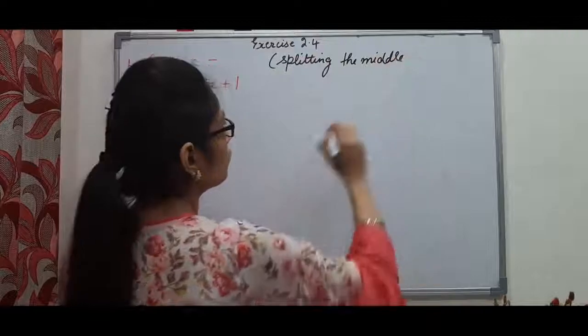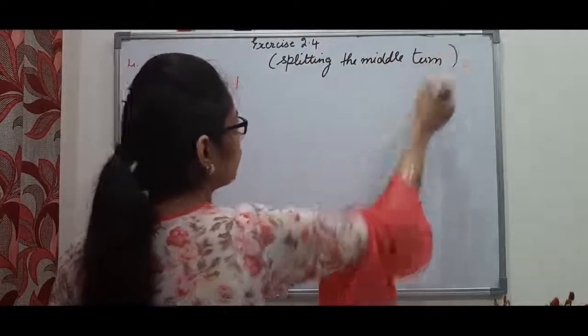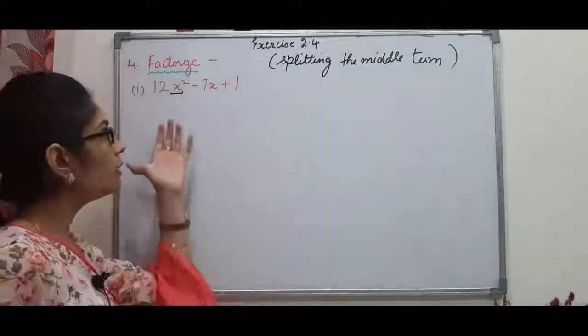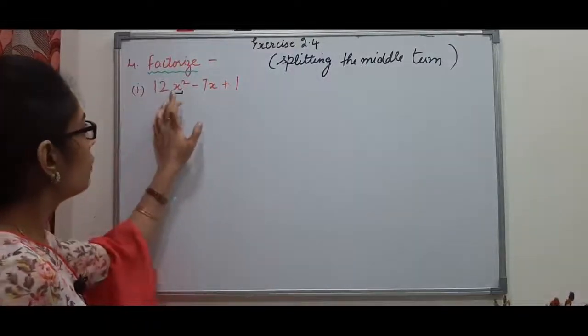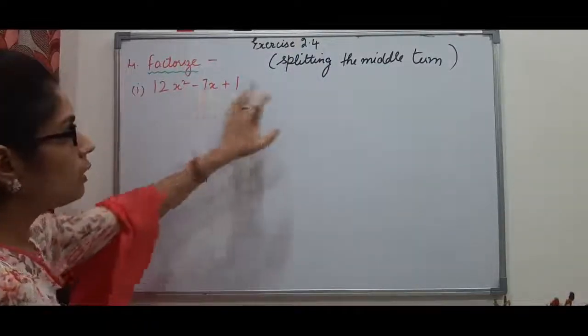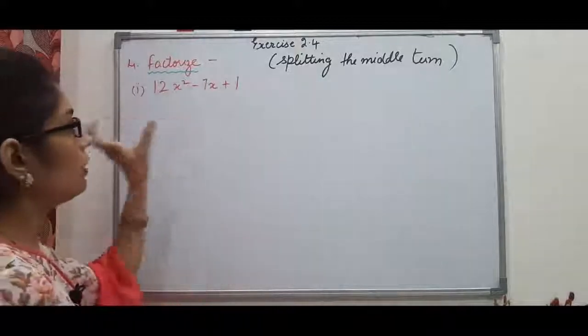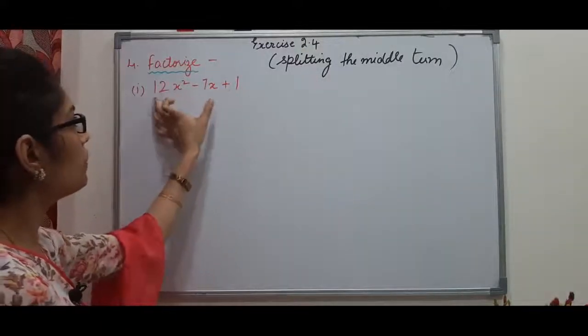So this method you can use. You can also use factor theorem, but this one is easy. You can come to know. Now in splitting the middle term, first of all the first step is that you have to multiply your first